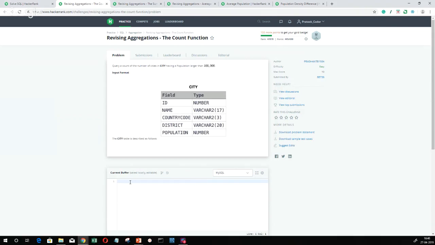Okay, so we have to use the count aggregator function here. As you can see, the problem statement says that we have to count the number of cities in our city table which have a population larger than 100,000. So let's start with